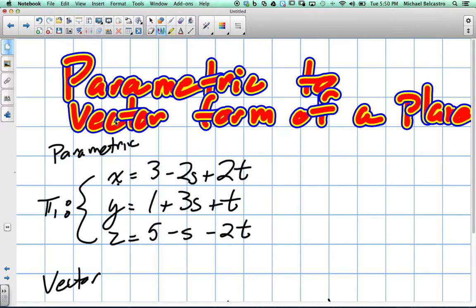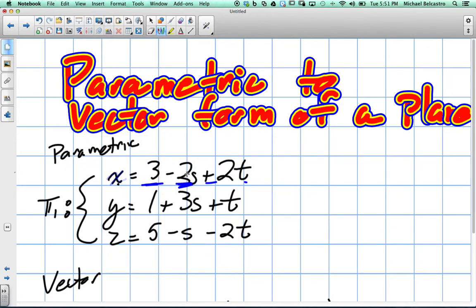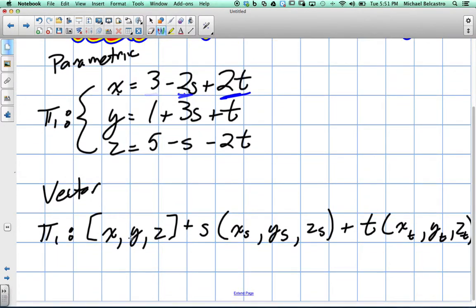Okay, so we're going to change the parametric form of a plane to the vector form. This is essentially our parametric form, where you take a value for x, x being our variable, and you set it equal to some parameters: a point, a directional vector in the form of s, and a directional vector in the form of t. So our vector form is, this is some point on our plane, and maybe we should just do a rough